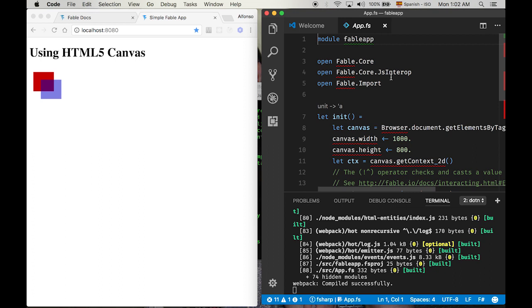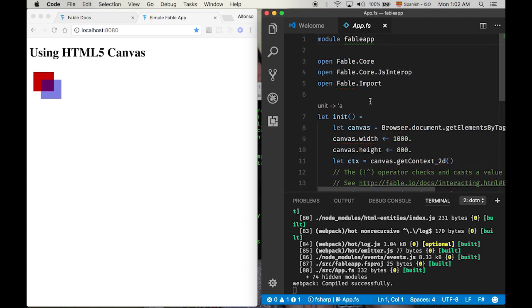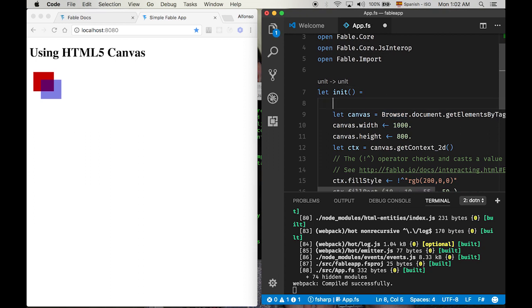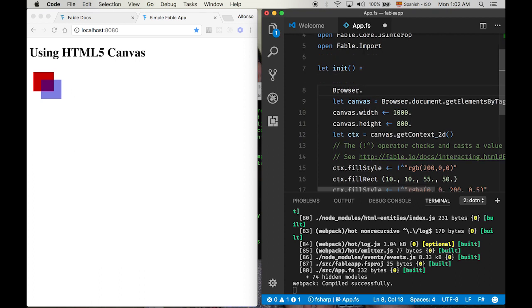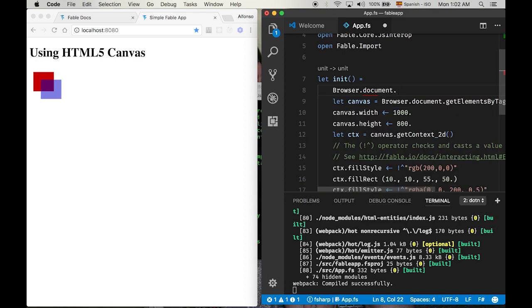Let's wait a moment until Ionide recognizes the file. Okay, now the red squiggles are gone. You can see the code lenses here. We have IntelliSense, we have everything. We have IntelliSense also for JavaScript APIs. So you have the browser here. I have the document. Okay, the document, and as you can see,